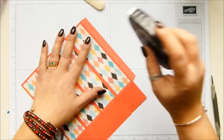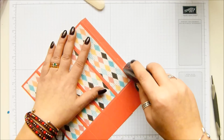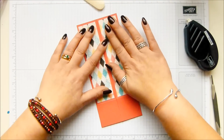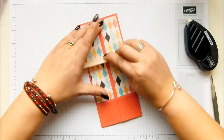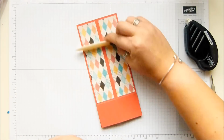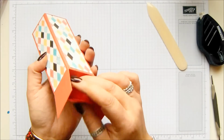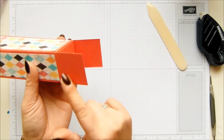Okay, so all my DSP is on, so I'm going to put my panel down, my adhesive down that panel, push down and push down firmly, because this is going to be a storage thing. You're going to be moving this around all over your desk, working with it and playing with it and using it. Fold in your sides and the back,